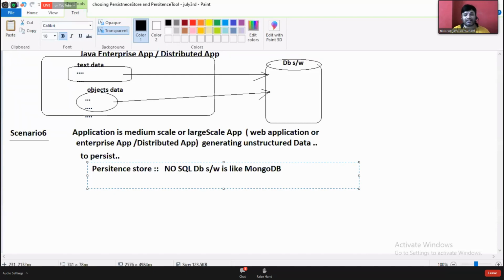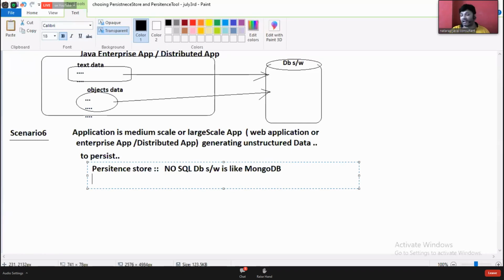JSON is a format to send data. It is not for storage. Sorry, JSON is not for storage. JSON is for sending data over the network. XML, JSON are not formats to store. They are to send as text over the network, as a format to send data over the network.